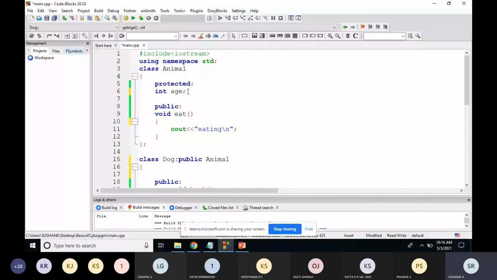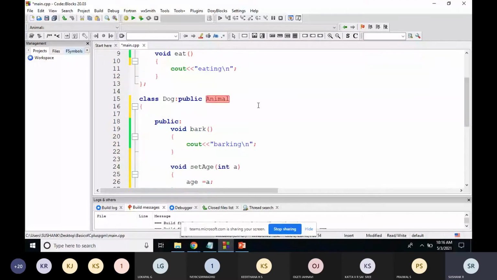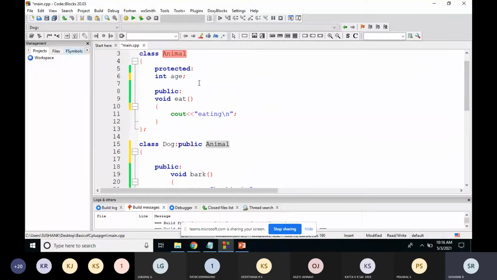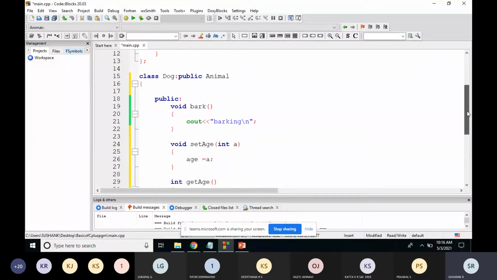So one thing you should understand is where this is being done. The age variable is declared in the animal class. But since there is an inheritance relationship between dog and animal, where dog is the derived class or child class and animal is the base class, this protected variable age is available to the dog class also, because of the inheritance relationship.